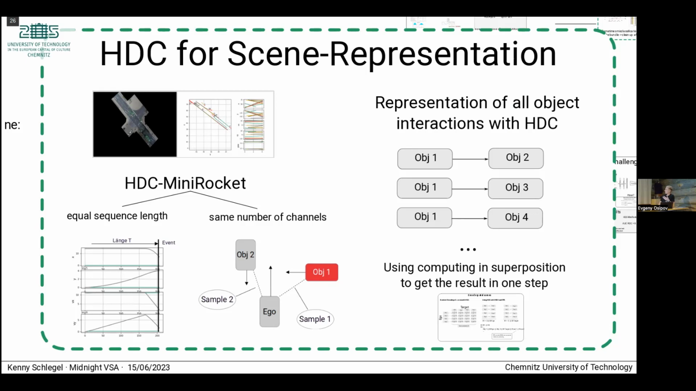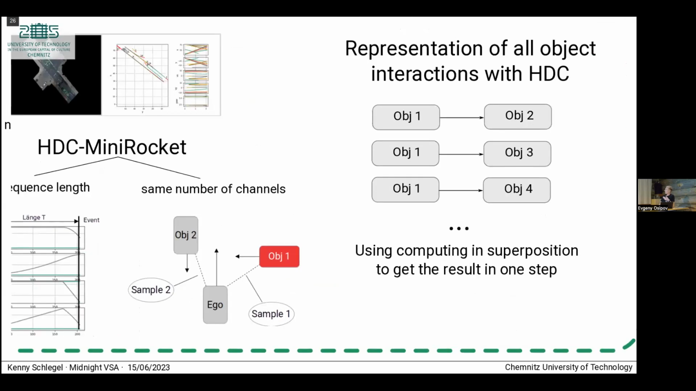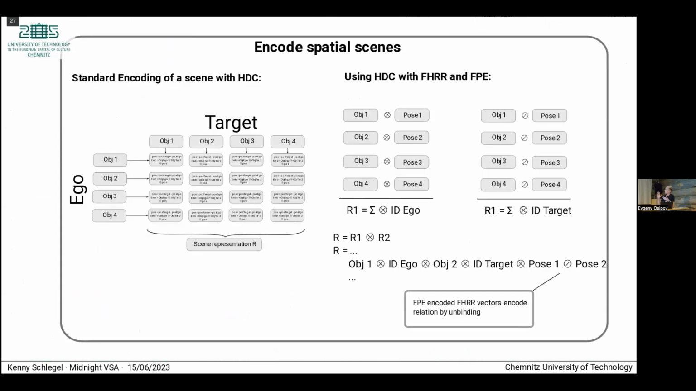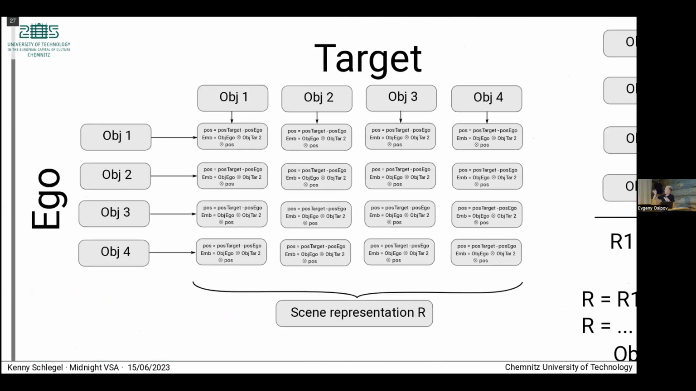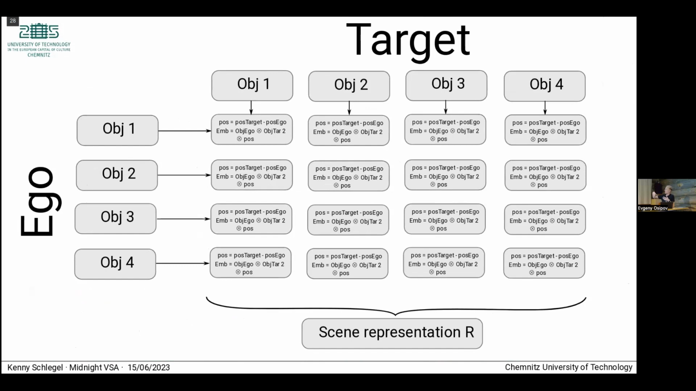It's also using computing in superposition. The standard encoding is like that. You have different numbers of objects, in that example here 4. And the goal is to find each interaction between each object, so the relation between ego and target, and compute the relative position and create embeddings for each entry in this matrix here. Then you can sum up over all representations and get your scene representation,